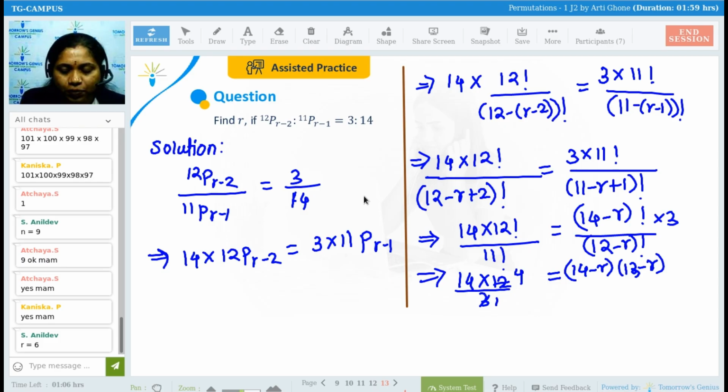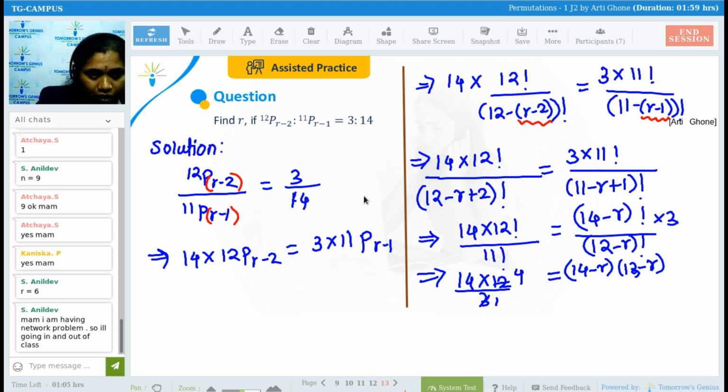12P(r minus 2) upon 11P(r minus 1). First thing in mathematics, whenever you are applying a two-term expression like the r value given in two terms, apply brackets. Clear? Okay. r minus 2 is placed in bracket, r minus 1 is also placed in bracket, so minus minus will get plus. Clear? So after application of the formula nPr is equal to n factorial upon n minus r factorial,